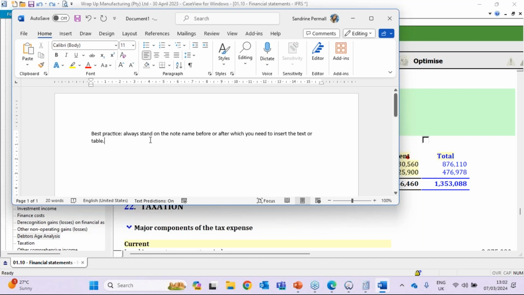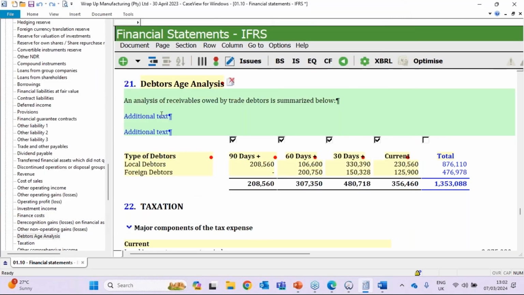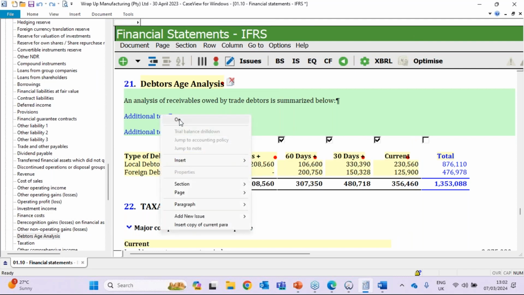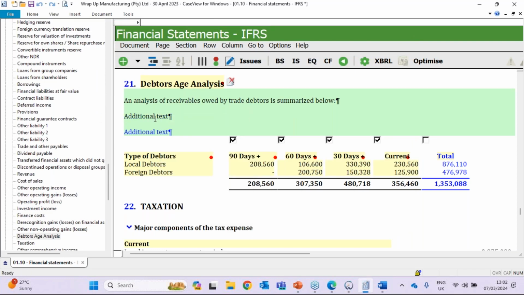I would like Yusuf in that example to copy that text and bring it to your Caseware financials. So first of all, best practice is to turn the text on before you paste. What I also like to do is remove the text here and then either Control V